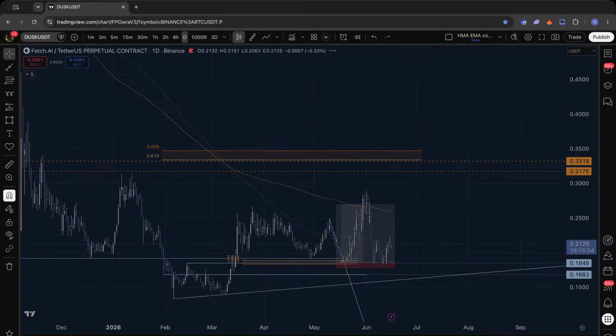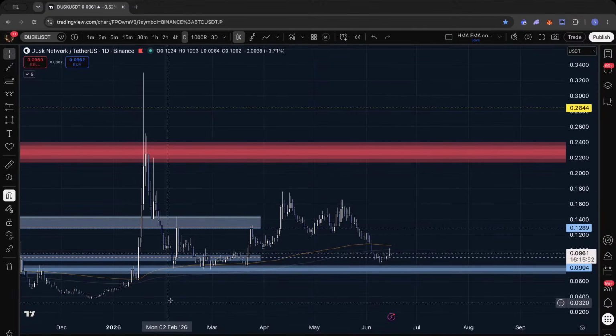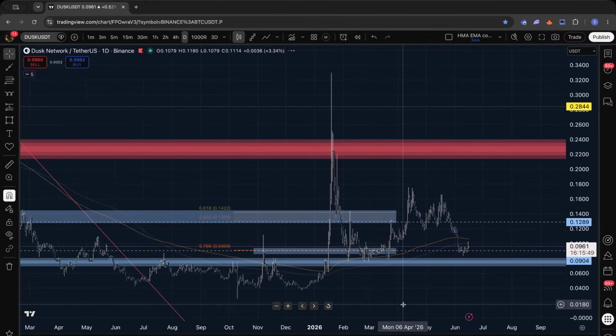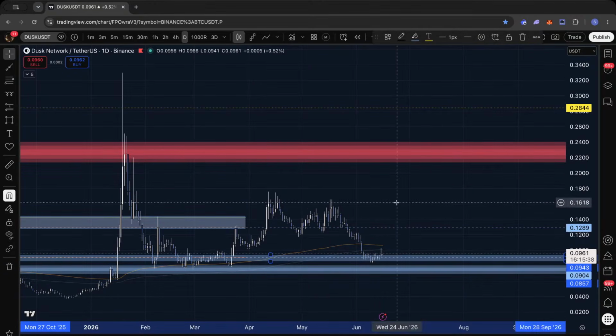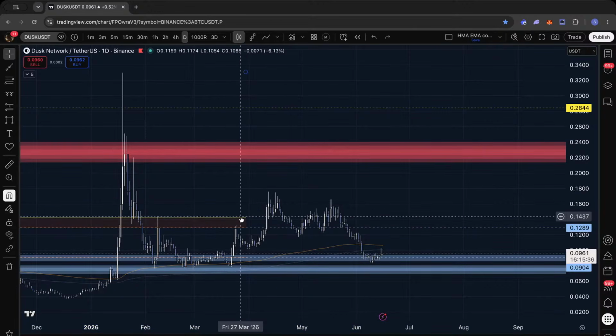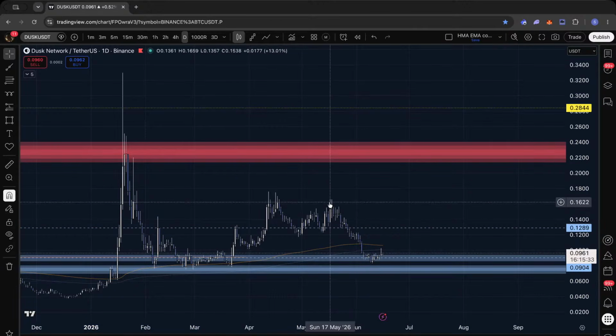DUSK, not DARK. DUSK USDT. Well, I have to tell you that I played DUSK left and right. I played it here, managed to take profits on the red box. This is a good accumulation area in my books. Now it depends a lot on how the market will react, but as you can see, the downtrend is still intact. And I'm not expecting too much until we get out of that downtrend.